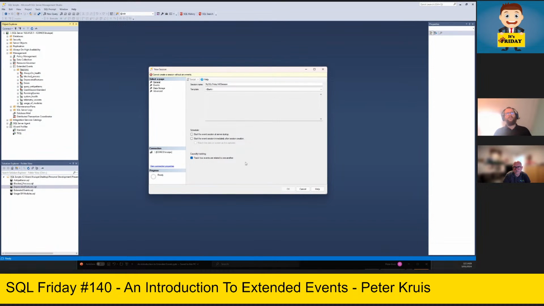When we enable the causality tracking, it will create a GUID and a sequence number, and every item which is related to each other. So when we have the statement from the stored procedure completed, including your full completed query, it relates them to each other with the same GUID. So you can exactly pinpoint, hey, this is because of this and this is because of this.